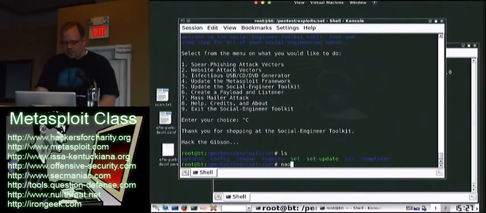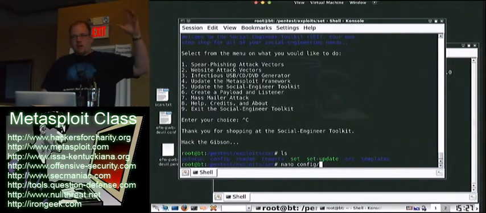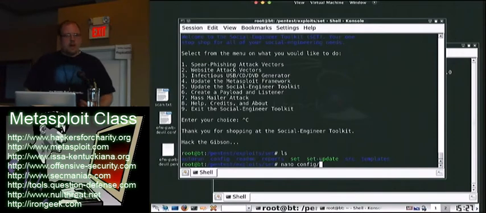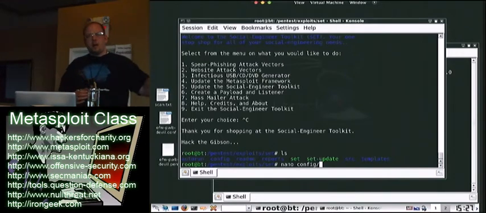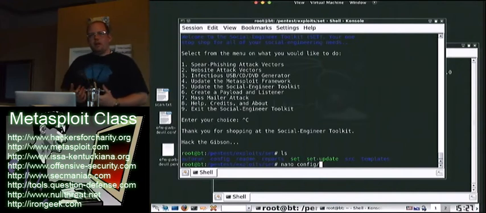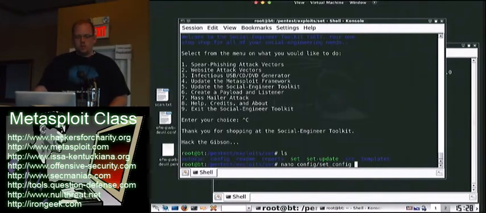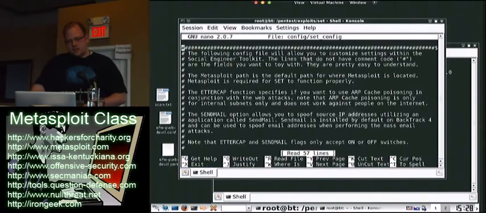So one important aspect about SET is the configuration file. I get a lot of questions like, well, hey, when I was in that attack, SET automatically detected my IP address and put it into the tool for me. There's a lot of times where you might have multiple interfaces, and you might have a public IP address on one and your internal on the other, and it uses whatever internet connection to get out to the internet. So you can configure it manually, and it's all done through the SET config file. It's probably the most important aspect of customizing SET. That's under config/set_config.